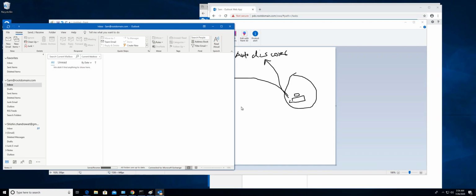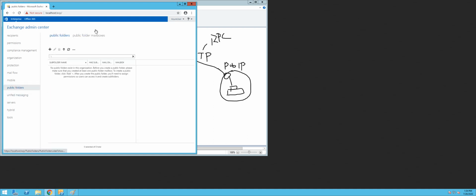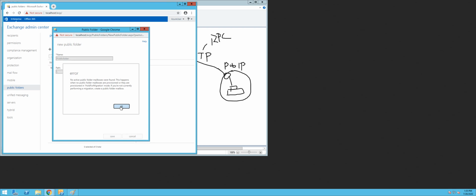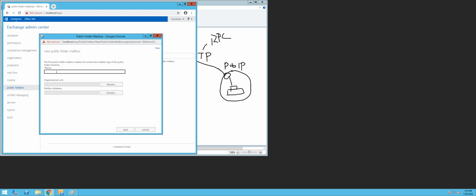So public folder used to be like a common repository for data. If the accounts guys want to create a public folder, they will go ahead and create a public folder. And let me remind you that these are the public folders, and you can create public folder databases, and you can create public folders here, and these public folders can be made available to the users. We'll create public folder mailbox,